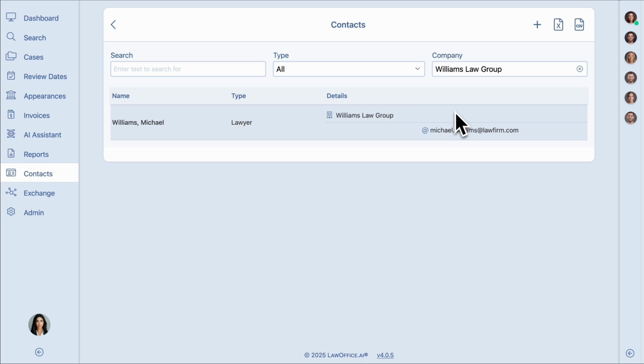At the top of the contact section, you'll find a series of action buttons. The New Contact button allows you to create a new entry in just a few clicks. Next to it are options to export your contact list to either an Excel or CSV file, making data management